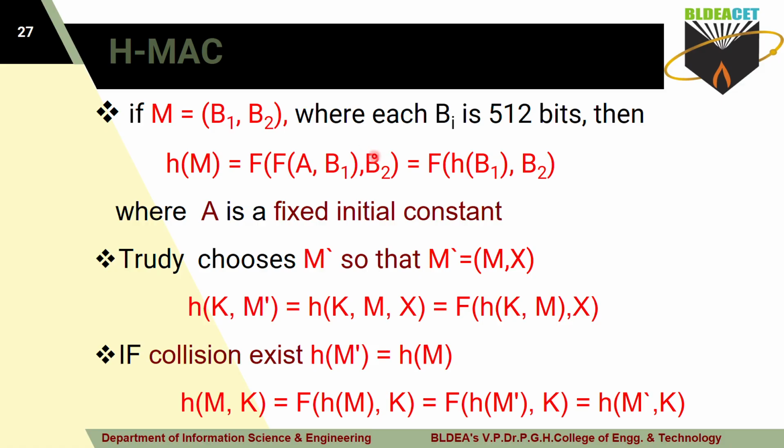So in the F7, B2 is the input here. Okay. The combination of these two will be taken as input and will perform the function here. Okay. So now it is equivalent to f of h of b of 1 comma b of 2 here. Okay. So h of m is equivalent to what? If you apply the hash function